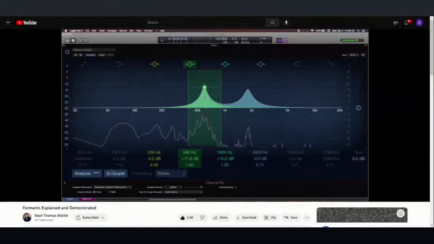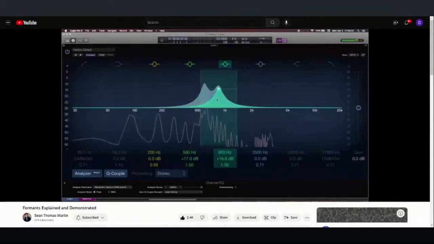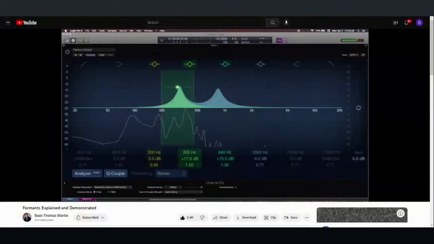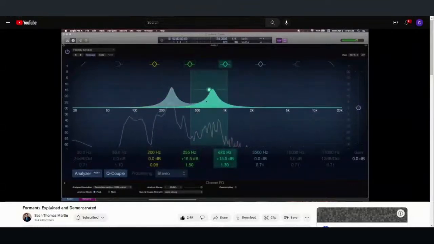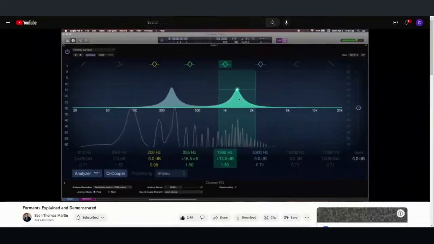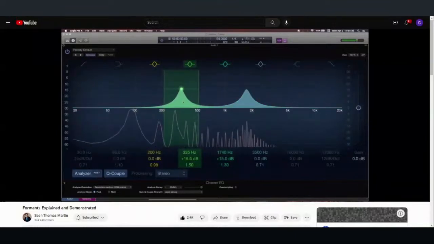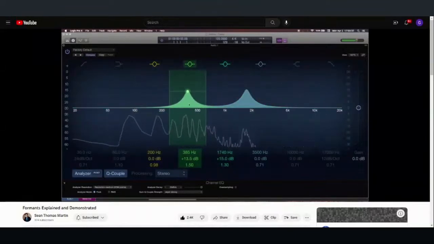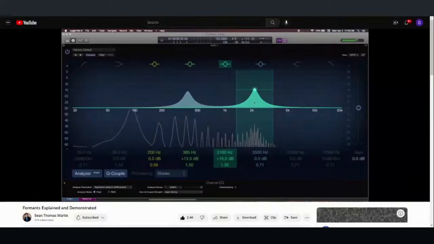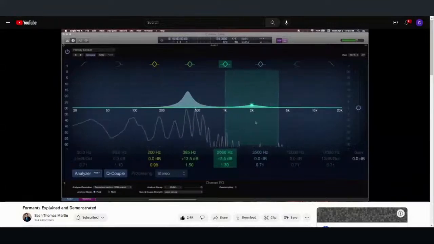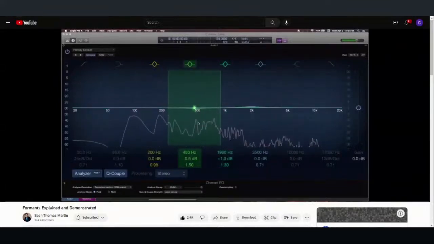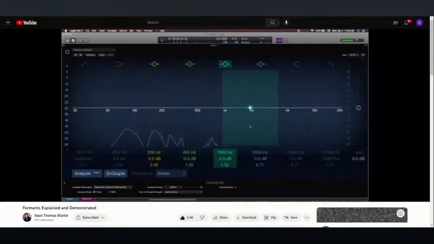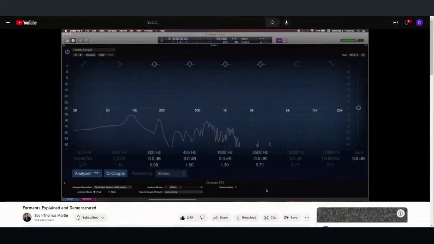We can do other vowels in this way, like if we move the second formant down near to the first, we get an ah, and we can move the first formant down and we get like an oo, and then that's kind of like I or E. So as you can see, vowel sounds are produced by 2 frequency bands that are amplified by your vocal tract.